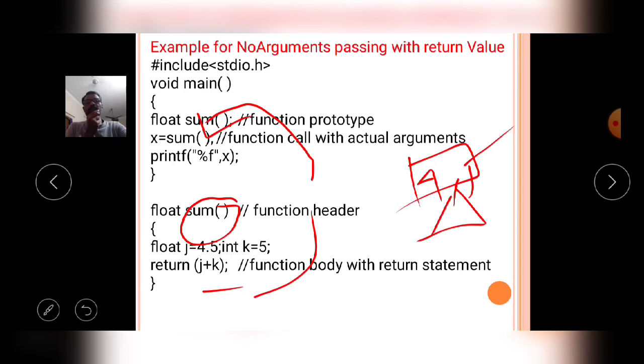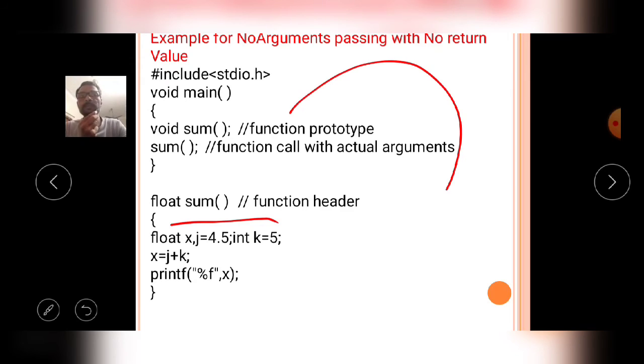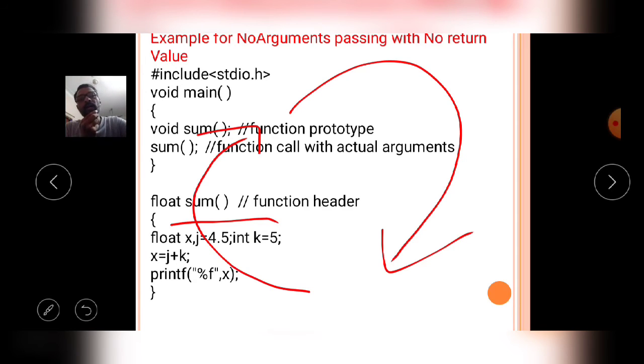Then the last one, no argument passing with no return value. This means the user defined function will not receive a value from the caller function, and after completion of the execution, it will not return anything to the caller function.